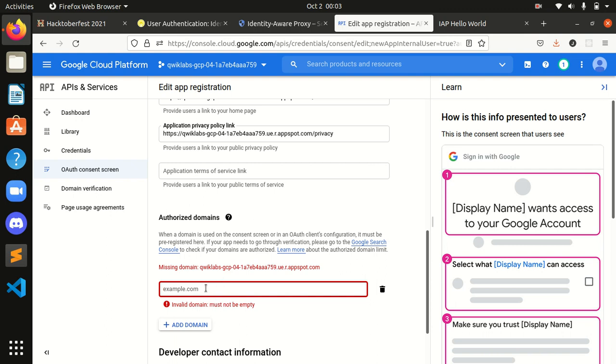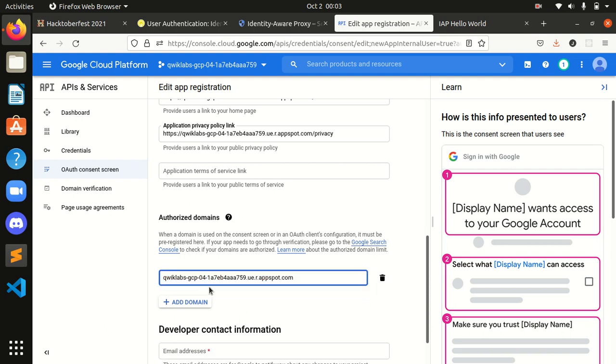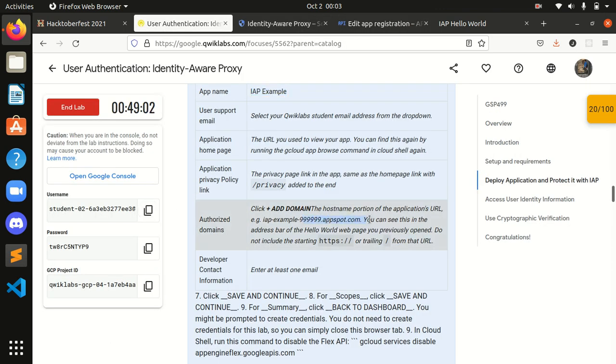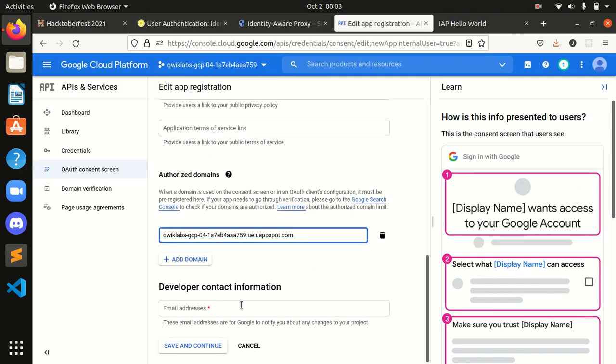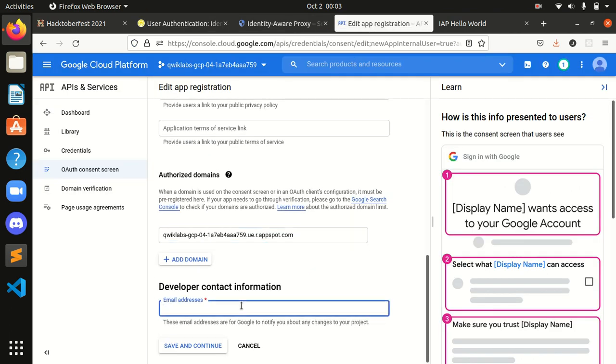See it properly, guys. I have not included any trailing slash or http over here. As you can see, they have mentioned it like this also over here. You can see this in the address bar of the hello world web page you previously opened. Enter at least one email as developer contact information. I will enter my email itself.